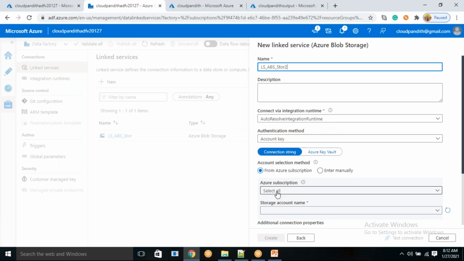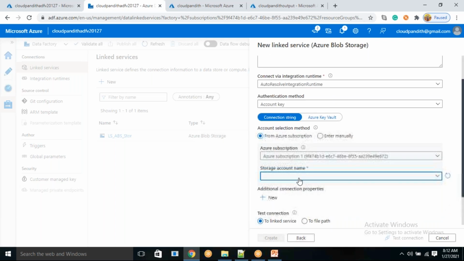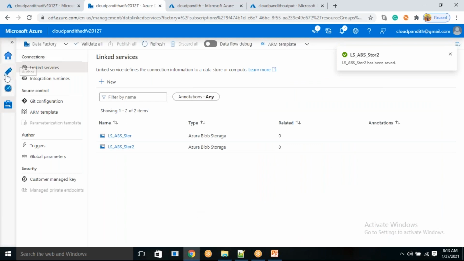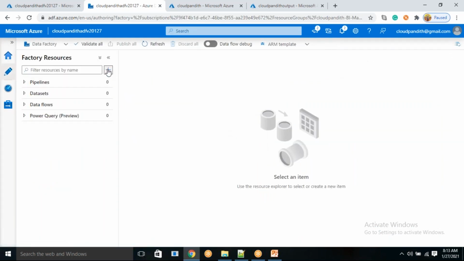Azure integration runtime, account key, subscription is this, and the storage account name is store 2. This is what I'm connected to. Let's test the connection. Successfully connected. Fine. Now come to the Author tab and let's create a pipeline directly.